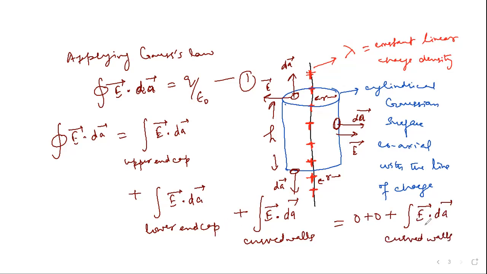flux through the surface. And for the curved walls, see, E and dA everywhere are parallel. So this E dot dA will become E dA. Then I can factor out E outside the integral, because all portions of the curved walls are equidistant from the line. Field strength will be constant. So I will have closed integral E dot dA is equal to E dA over the curved walls,